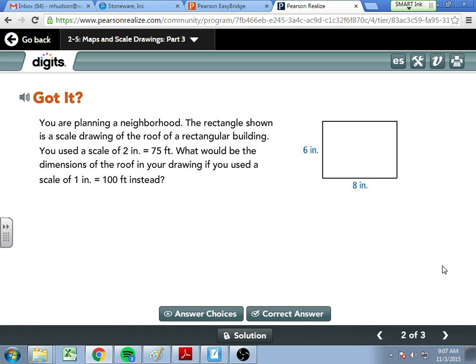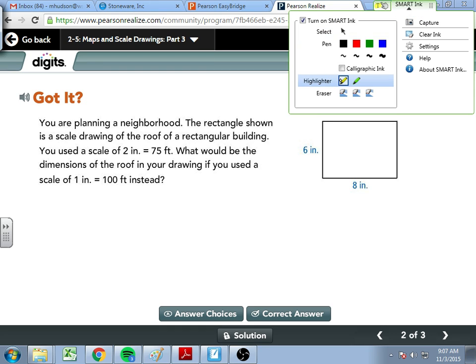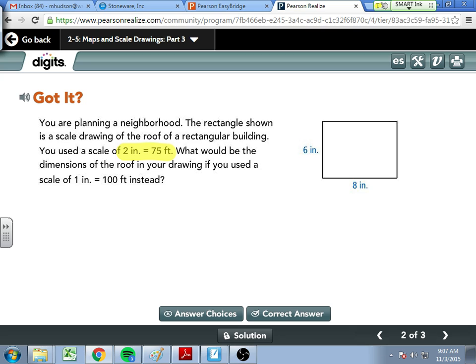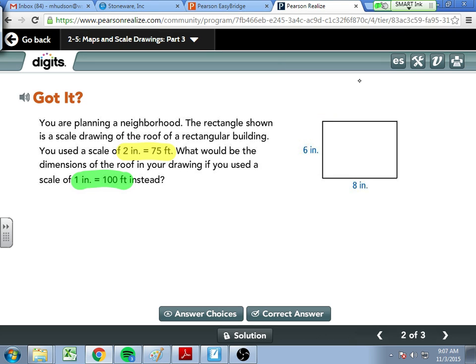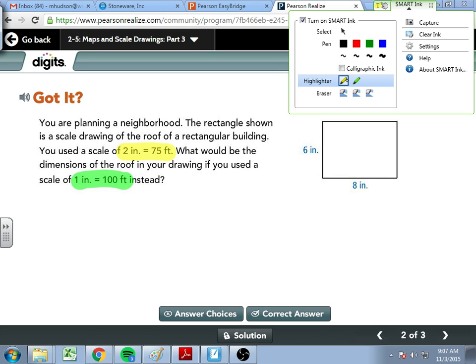So you are planning a neighborhood. The rectangle shown is a scale drawing of the roof of the rectangular building. You use a scale of 2 inches to 75 feet. That is going to be part of your proportion. That's going to be one of your ratios. So what would be the dimensions of the roof in your drawing if you used a scale of 1 inch to 100 feet instead? So the first thing we have to do, and you guys may have seen this on